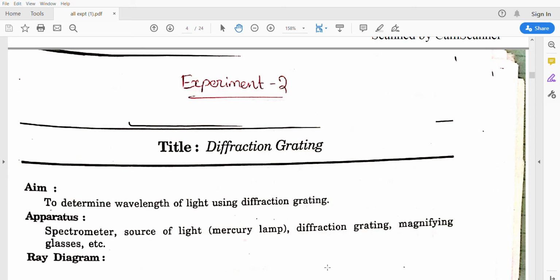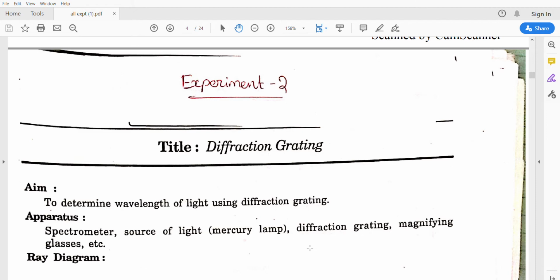Good morning, students. In this video, I am going to explain the second experiment, that is diffraction grating. As we already know, using this diffraction grating, we have to determine the wavelength of light of different colors, that is violet, blue, green, and red. First, we will understand what diffraction is and what a diffraction grating is, and after that